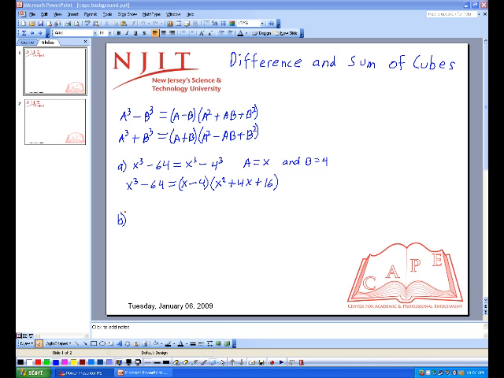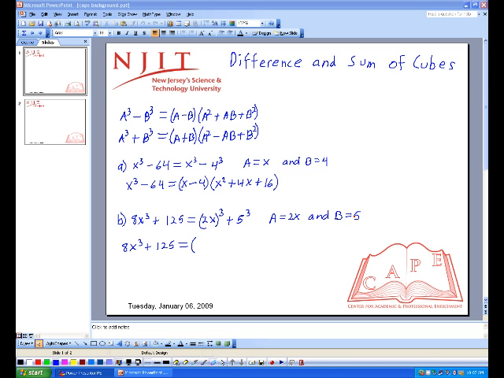For our second example, we have a sum of cubes. We have 8x cubed plus 125. We need to break these into its cubes. So for 8x cubed plus 125, it's going to be 2x cubed plus 5 cubed. Now it's easy to see that a equals 2x and b equals 5. We plug this into our formula and we get 8x cubed plus 125 is going to equal